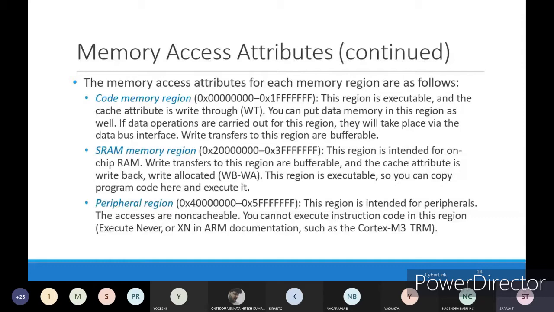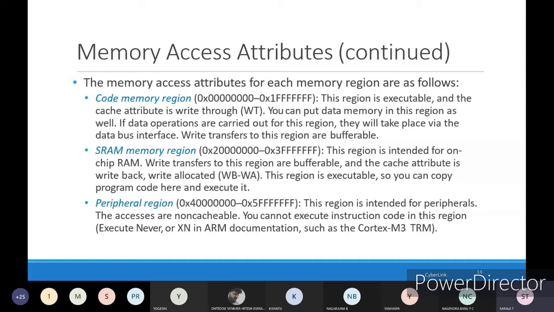Also, this region can be taken as an executable region because you can copy the program code into SRAM and execute it in this region also. To increase the execution speed or efficiency, we can execute the program in the SRAM memory region.